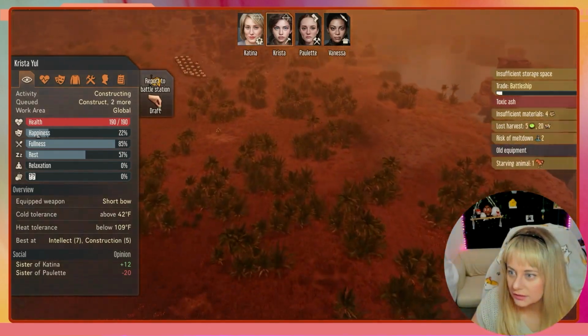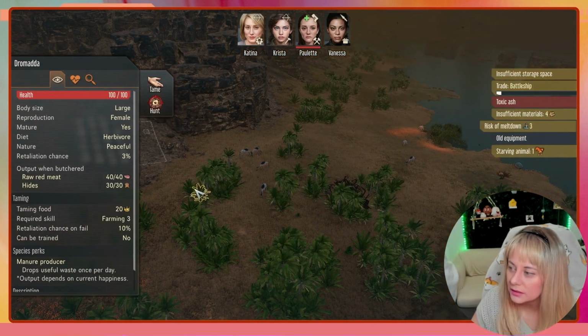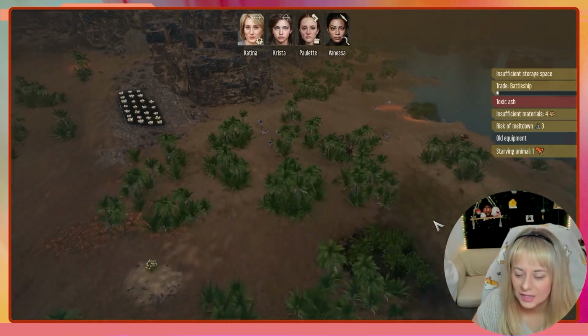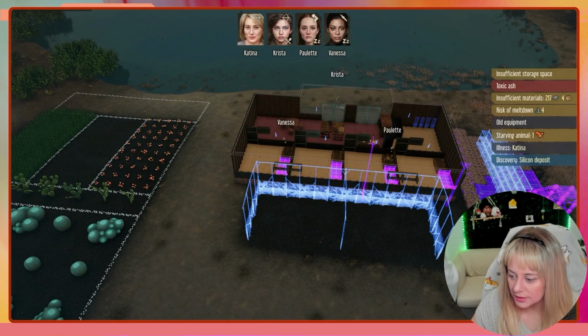Well, is there still that herd over here? I'm gonna mark a couple of these for taming. We don't want the population growing out of control, so I'm only picking females. This will be for our Dromeda and our dogs once we migrate over. So let's do